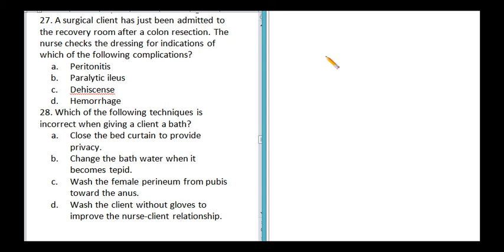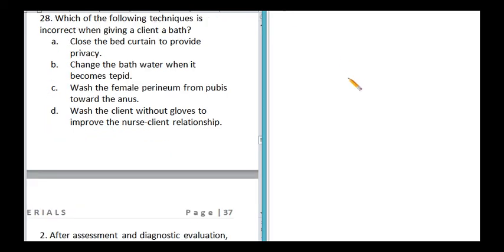In this situation, the patient was just newly admitted to the RR, so the nurse is looking for possible complications immediately after surgery, which is D, hemorrhage. Because among the four options, only letter D is the most immediate complication of surgery. D is the answer. Next,